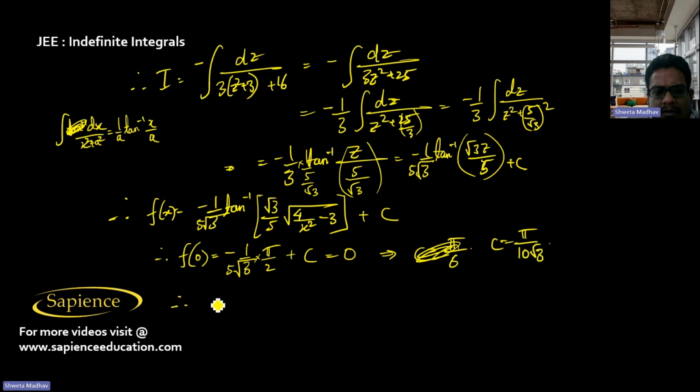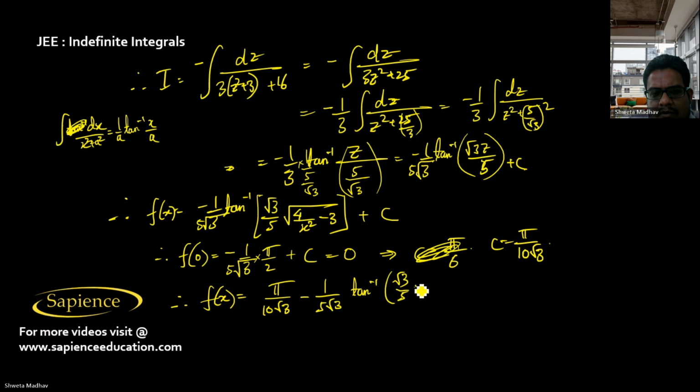So therefore f of x we can write as pi by (10 root 3) minus 1 by (5 root 3) tan inverse of root 3 by 5 into root over (4 by x square minus 3). Now from here 1 by (5 root 3), if I take as common,